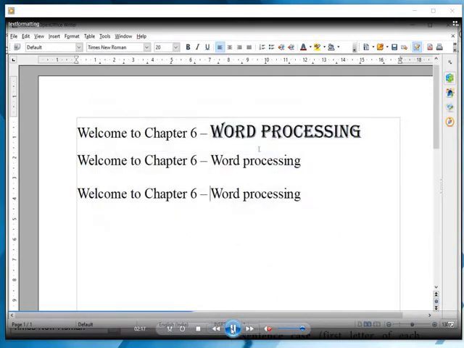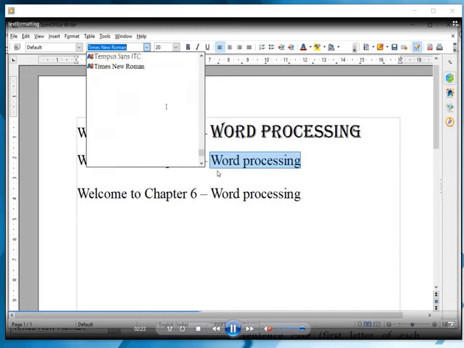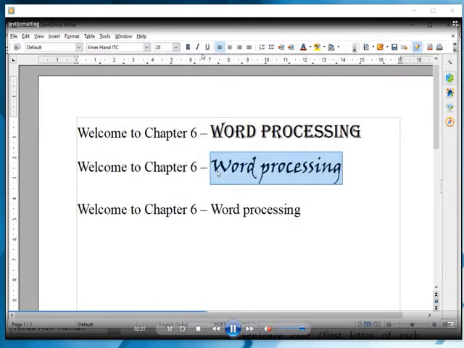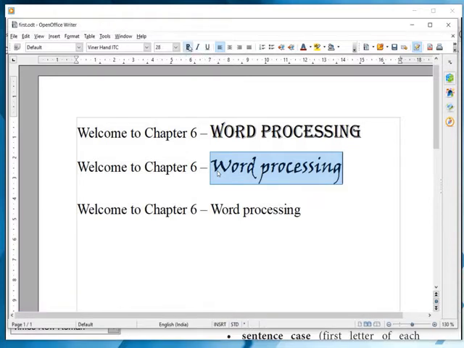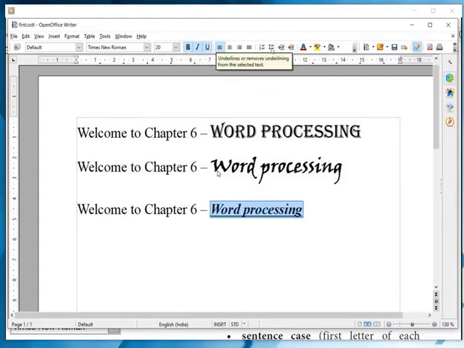Then we will select another word. Here, in the formatting toolbar itself, we are changing the name, changing the size, and making it bold. So text formatting can be done using menus as well as in the toolbar, italic and underline.